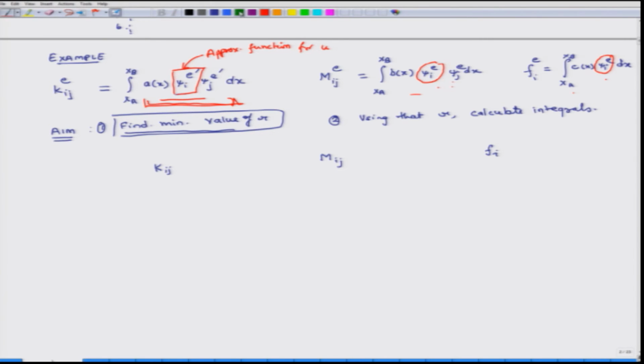Before we do that, we also assume a(x), b(x), c(x) are all 1, just to make things simple. Once we know how to calculate r, we can plug in a(x) and recalculate the value of r. So, if a(x), b(x), c(x) are 1, and suppose the interpolation function